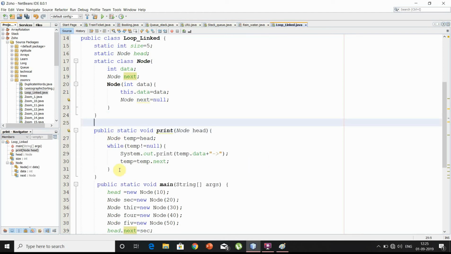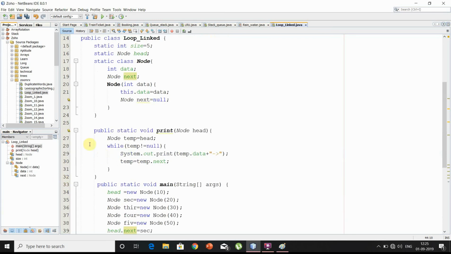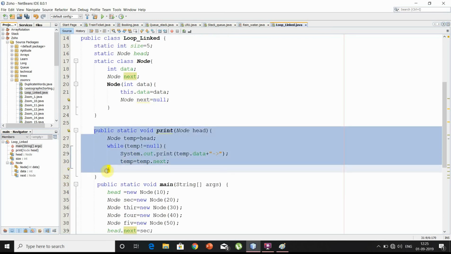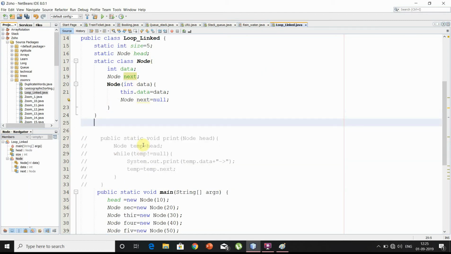So we don't need this method again, so I'll comment this method. Just for the sake of understanding, I just printed the node list and all. So our method is find. Suppose there is a list, at the end of the node, so I'll be passing node head,